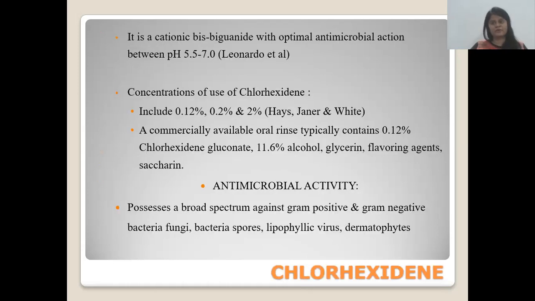Then coming on to chlorhexidine, it is a cationic bisbiguanide with optimal antimicrobial action between pH 5.5 to 7, as proposed by Leonardo et al. The concentrations used include 0.12, 0.2, and 2% according to Hayes, Jana, and White. The commercially available oral rinse typically consists of 0.12% chlorhexidine gluconate, 11.6% alcohol, glycerin, and flavoring